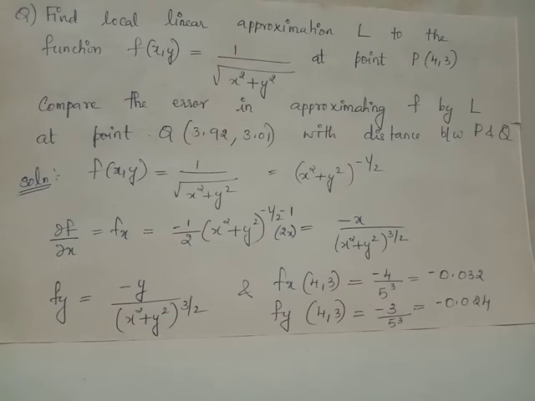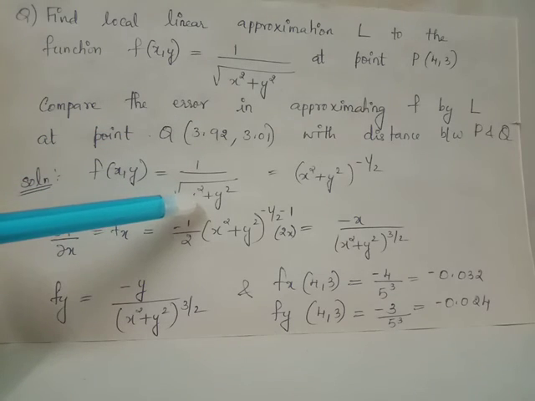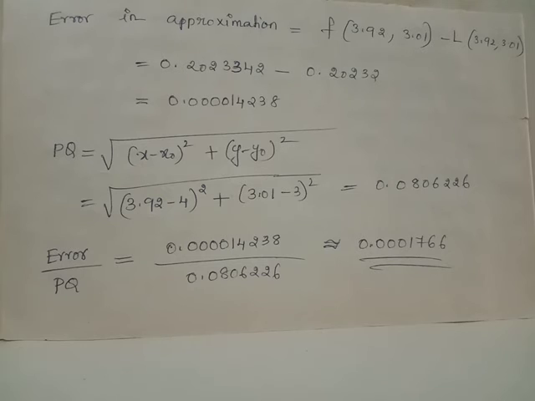We can find exact value of f at the point Q by giving x equal 3.92 and y equal 3.01. We obtain f of 3.92, 3.01 equal 0.2023342. Now let us evaluate error in approximation, which will be difference between function's exact value at point Q and function's value approximately evaluated using local linear approximation. Thus we have error in approximation equal